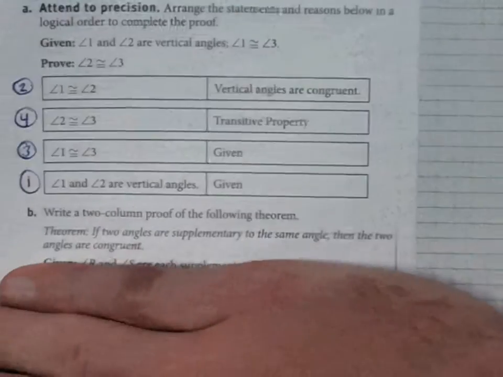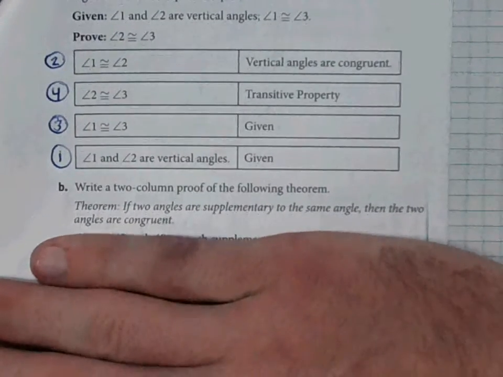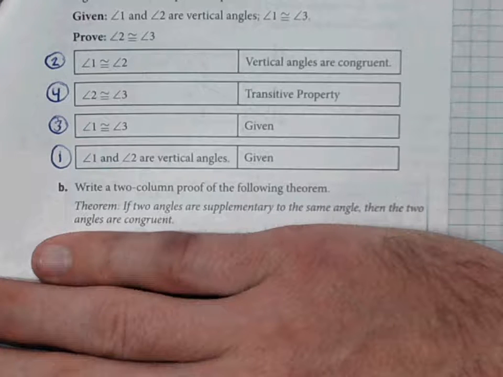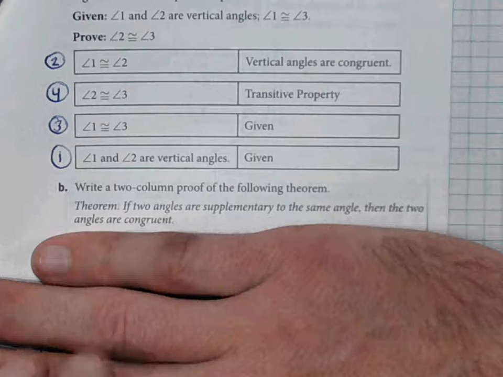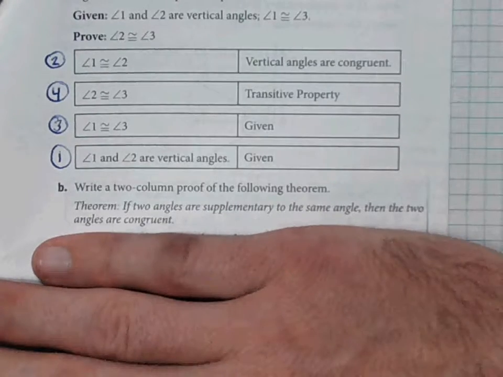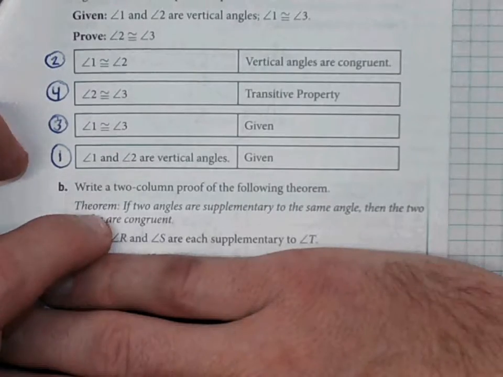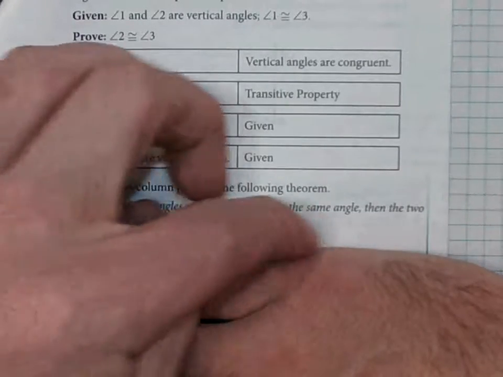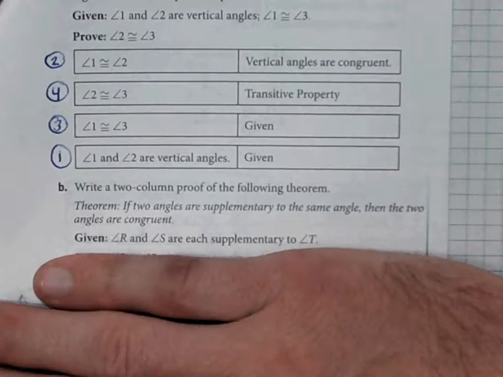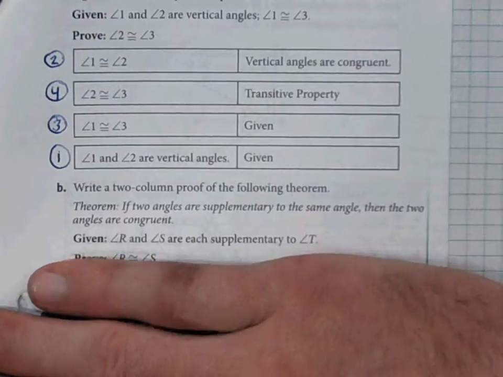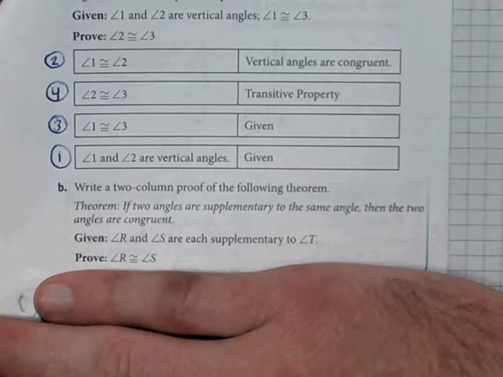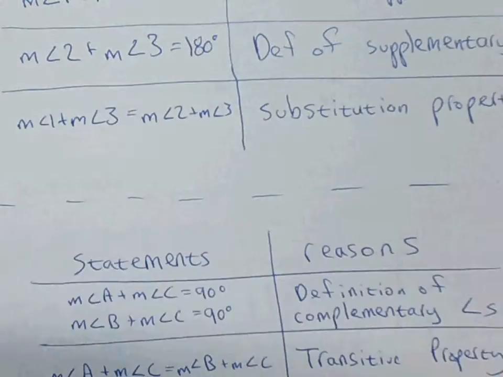Here, this proof we also did in class. If two angles are supplementary to the same angle, then those two angles are congruent. The given information is two angles that are supplementary to the same angle, and they have arbitrarily defined those angles. R and S are each supplementary to T, the third angle. And then they aim to prove that those two angles, R and S, are congruent. One more look,